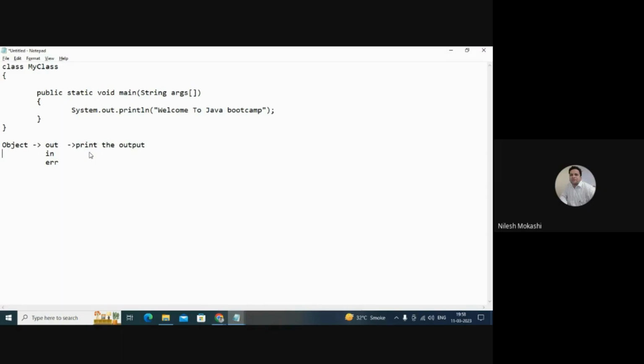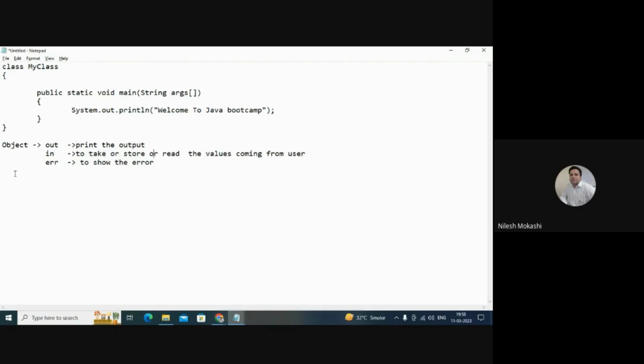This in is used to take, or read, the values coming from the user, or you can say the client. What is err? I guess many people have already guessed it. It is to show the errors.